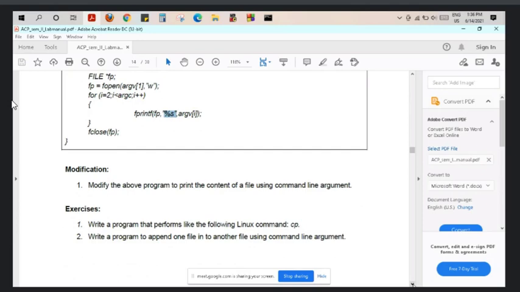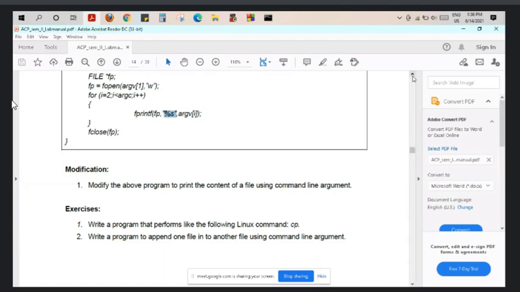What modification has to be done in this? You have to modify the above program to print the content of a file using command line argument. So what is said over here?